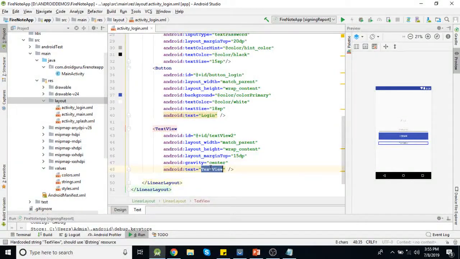The text will be create a new account, sign up. So this id will be text_sign_up.